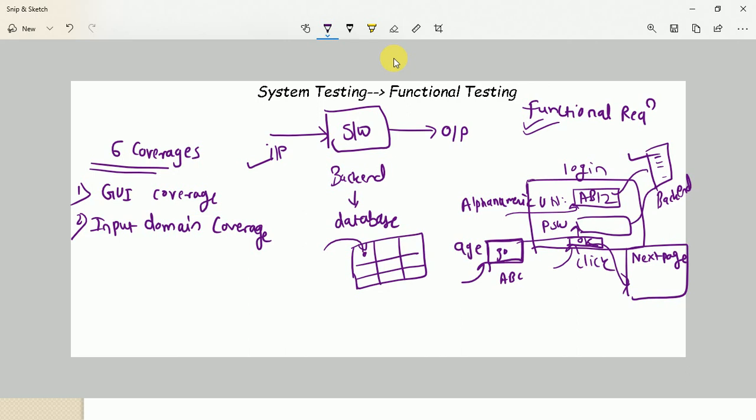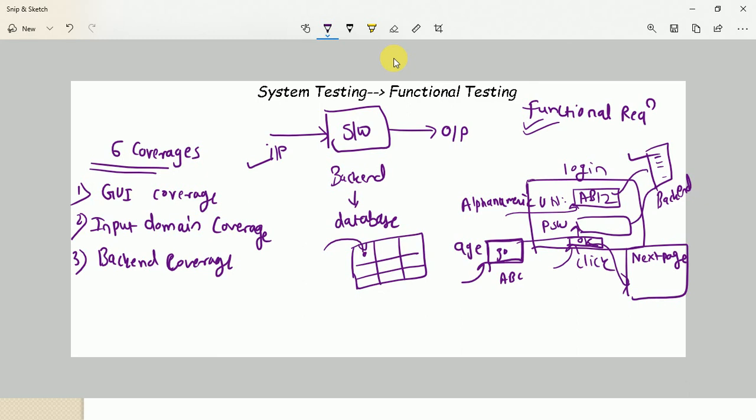Clear? So that's the reason we have a third important coverage, again, we can say backend coverage. Yes. So what can we do at the time of backend coverage? Backend always talks about the database, so backend server operations. Whenever the user interacts with the application, that is the front end side, right? But on the backend side, whenever you are passing some data from the front end, whether that data is correctly held in the database or not gets tested at the time of backend testing.